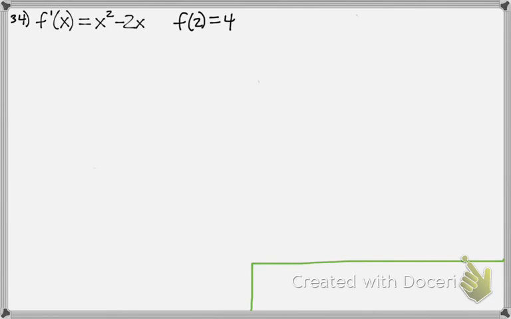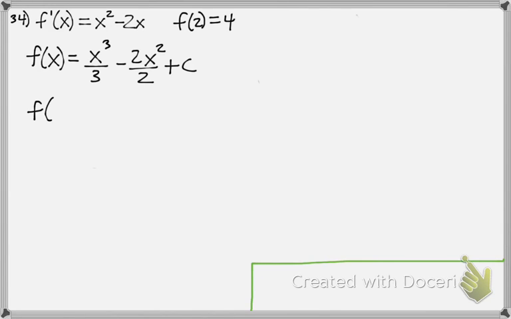So we have the derivative, and they want us to find f. So I need to take the integral, or the antiderivative, and that's going to be x cubed divided by 3 minus 2x squared over 2, and then plus c. So if I reduce this, then this is, let's call it 1/3 x cubed. And that's minus x squared plus c. So this would be my integral, or my antiderivative,